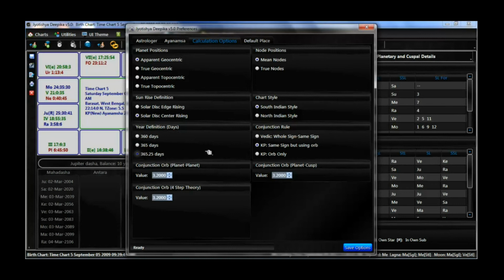365.25 days. In KP, the conjunction orb is a very important matter. Traditionally, in Krishnamurti Paddhati, the planet to planet conjunction will happen if the planets are not more than 3 degrees 20 minutes apart. So this is the maximum value that has been set over here. The nodes Rahu and Ketu, their position is to be taken in terms of the mean value, so we click on